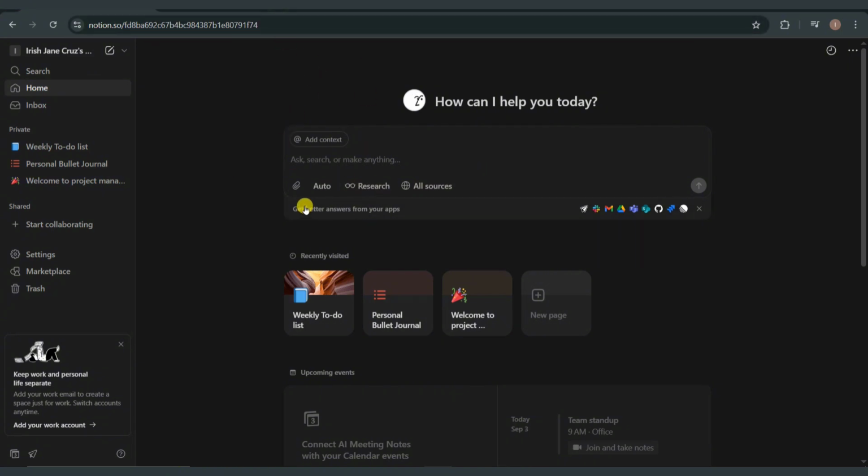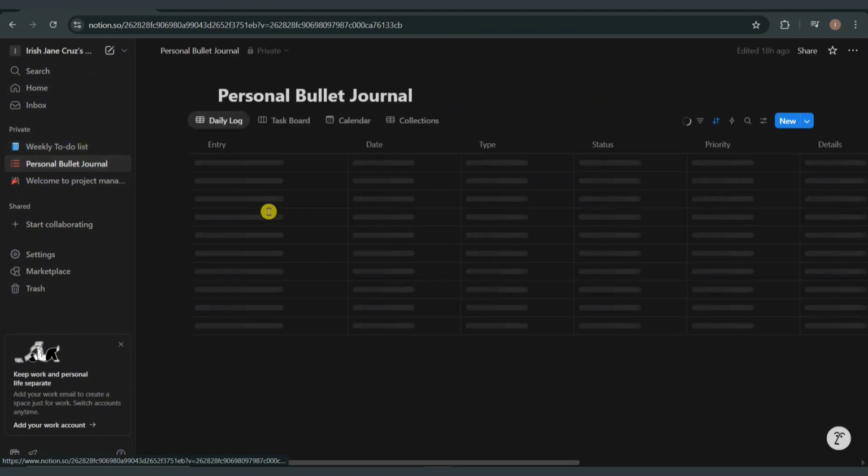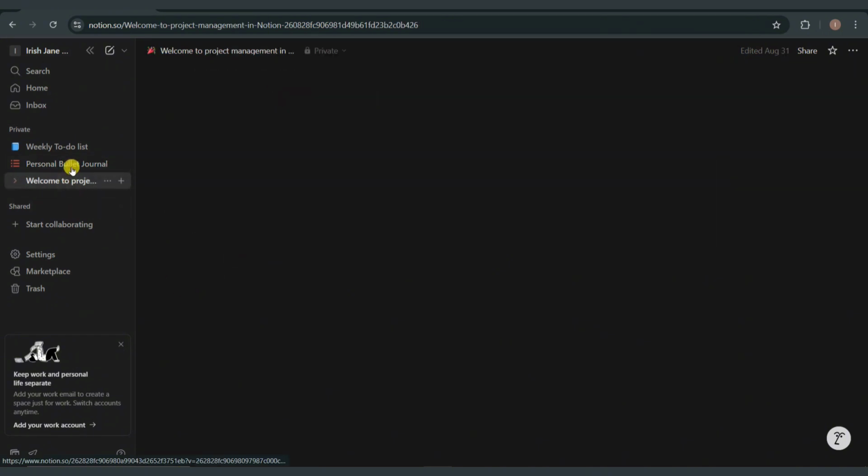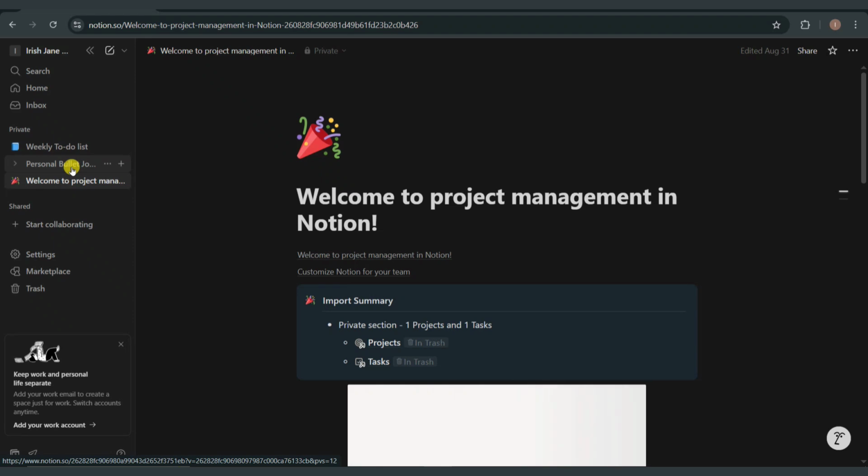Once you're signed in, go ahead and head over into the workspace where you want to add that cool call-out box. So click on that under the private section. Now, once you're on your workspace, go ahead and look for a section where you want to add this call-out. So go ahead and look for that. And then once you have found a section where you want to add it, go ahead and enter